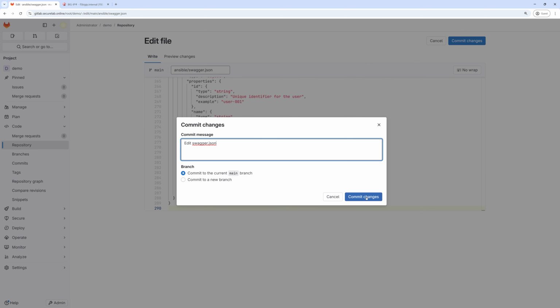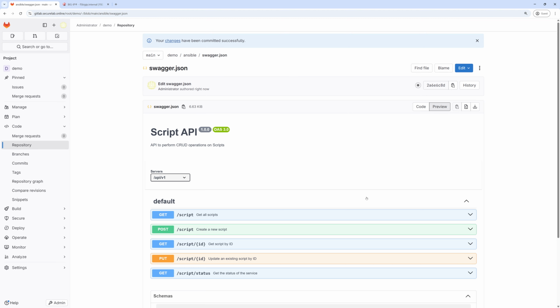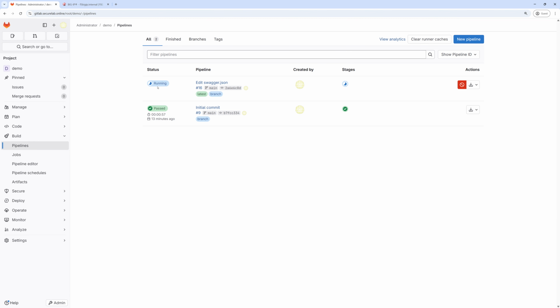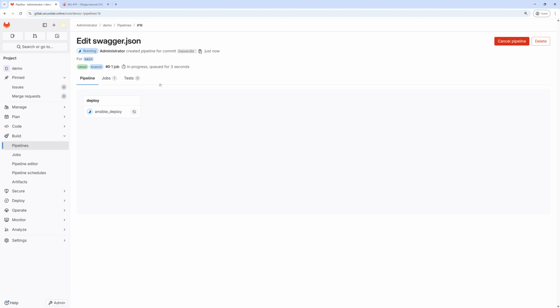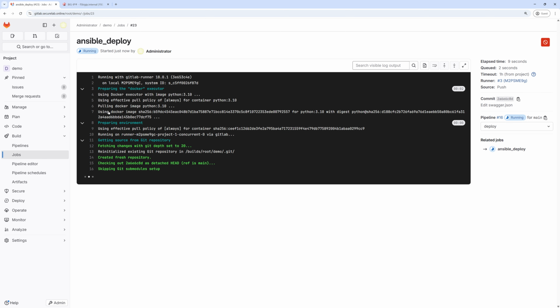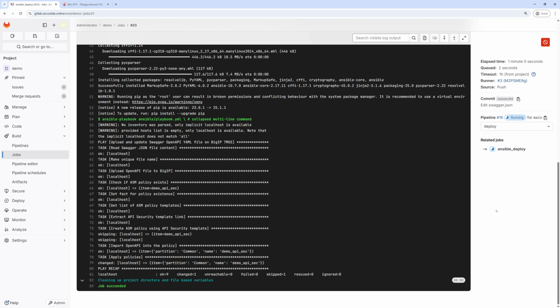Next, we commit the changes and push them to the main branch. This triggers the GitLab pipeline and starts the deployment process. The pipeline takes a minute or two to complete. Once it's done, we can check the GitLab console output. We can see that the Ansible playbook ran successfully, and the new security policy was applied to the big IP